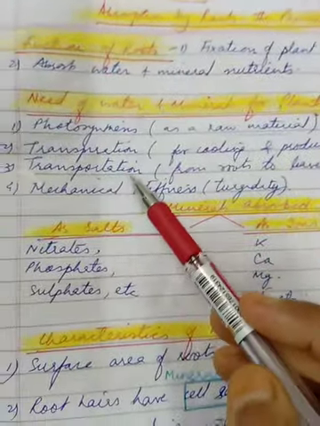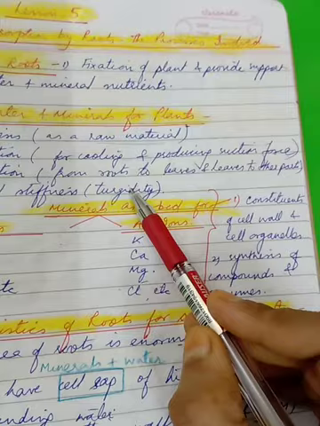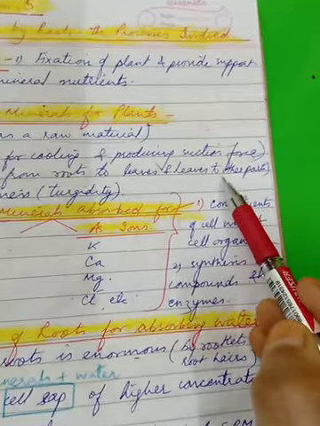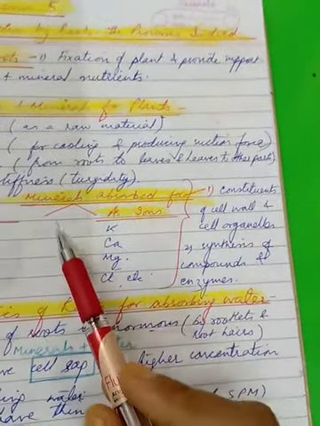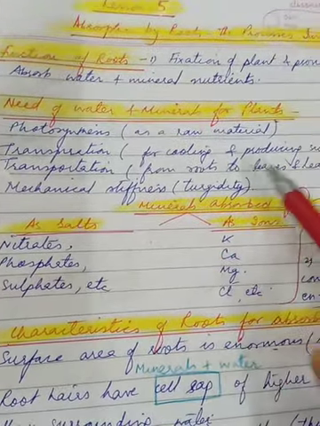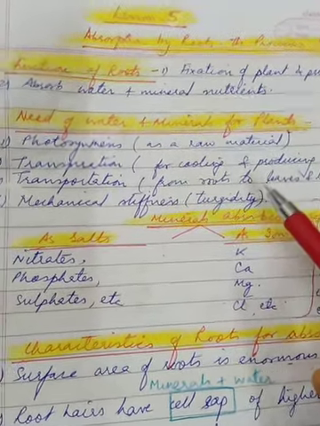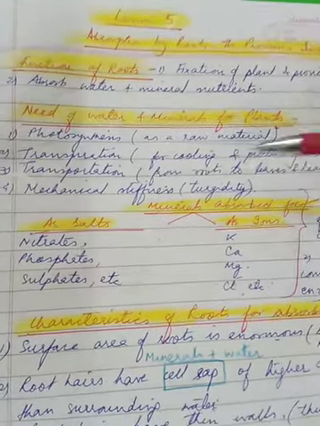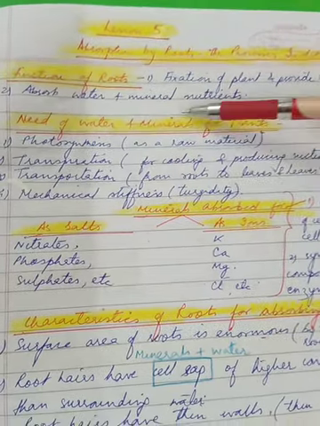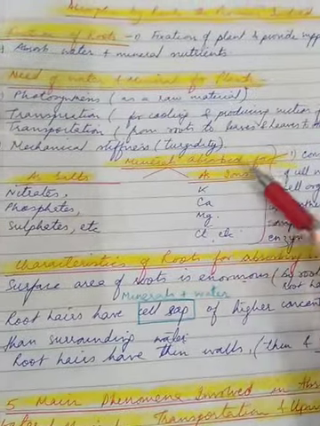The third is transportation. Water is also required for the transportation of substances in the form of solution from the roots upward into the shoot to the leaves or other parts. Then the fourth important function is mechanical stiffness. Water provides turgidity, or a fully distended tight condition of the cell, which is very important for the stiffness of plant tissues. So children, we saw that roots are certainly very, very important in this part. And what is the role of this absorbed water? Let us move further with the importance of the minerals absorbed.